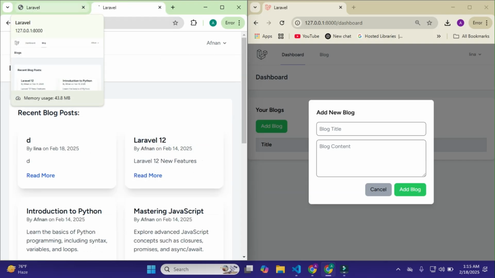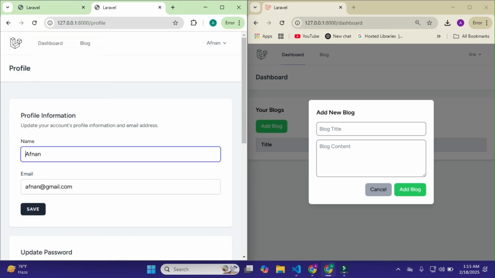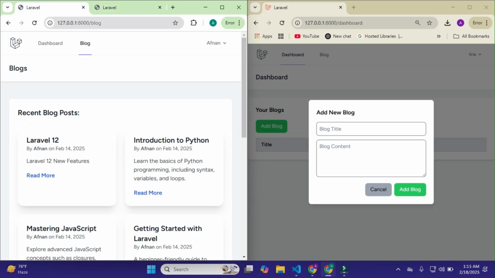Now I have the profile page of this user open, and this blog page.